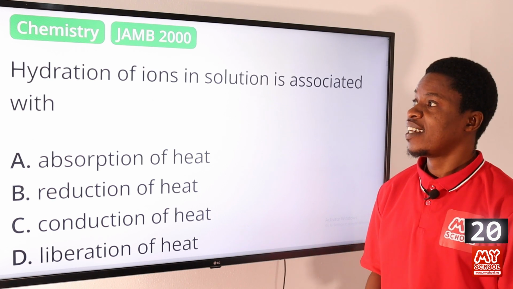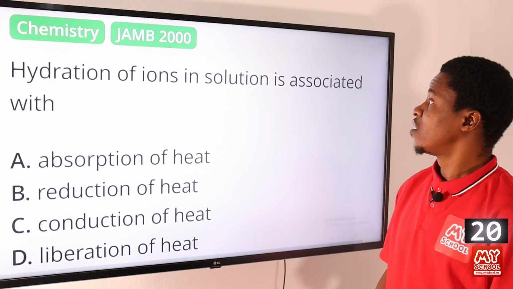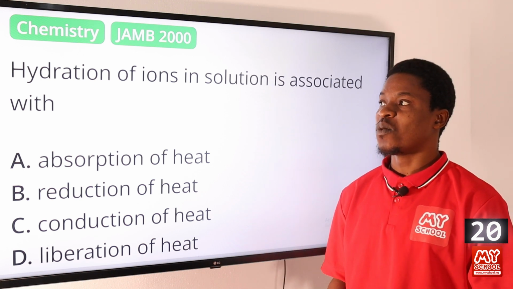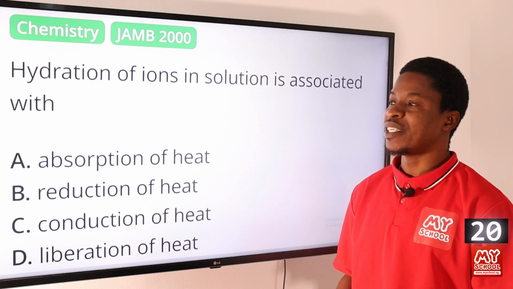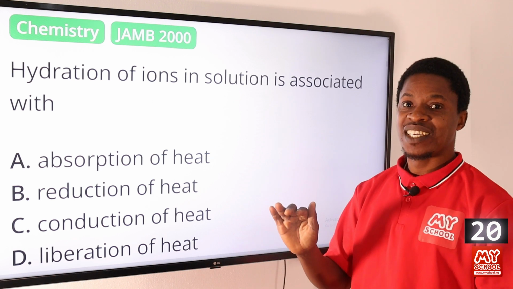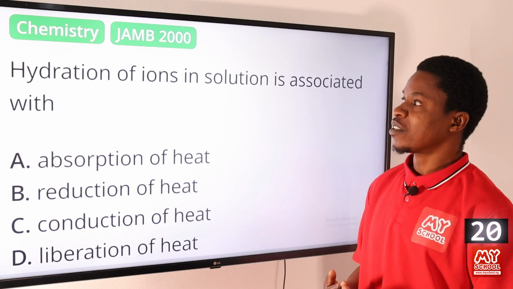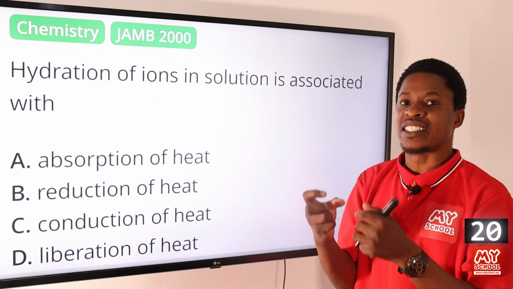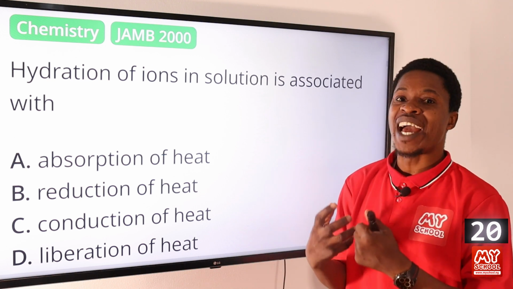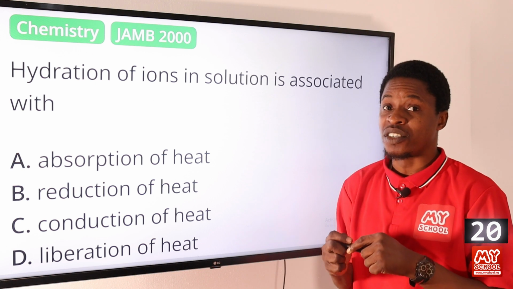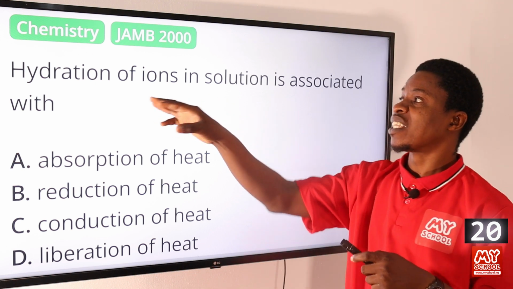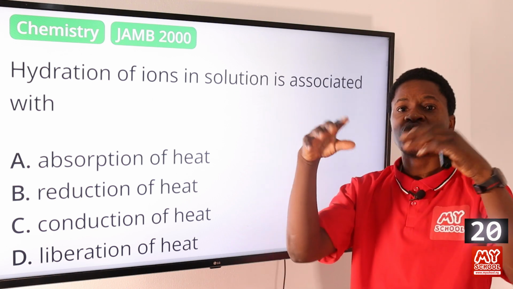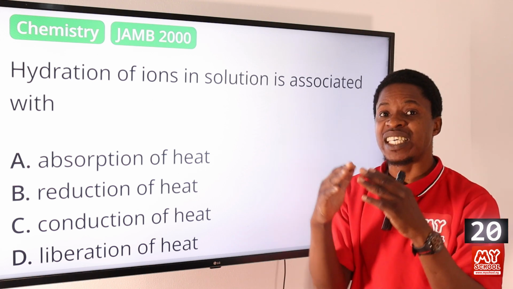Question number 20. Hydration of ions in solution is associated with what? For us to have the ions being hydrated, we are adding water. You hydrate, you add water to it. What happens? When the ions in the solution begin to hydrate, that is an exothermic reaction. Because once ions are being hydrated in solution, there will be loss of heat from the system into the environment. Once that happens, that means heat begins to